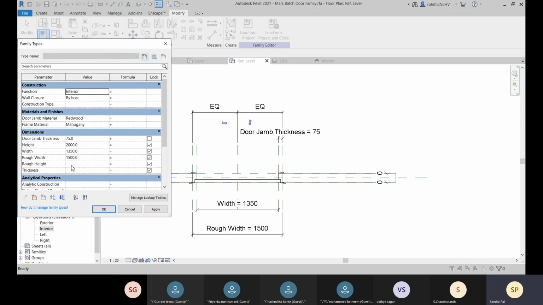So what you can do is you can come to this one. Okay, and this width is there. You just need to get the width value, right? So for that you can go to this rough width, copy it, and paste it over there: rough width minus 2 into door jam thickness.